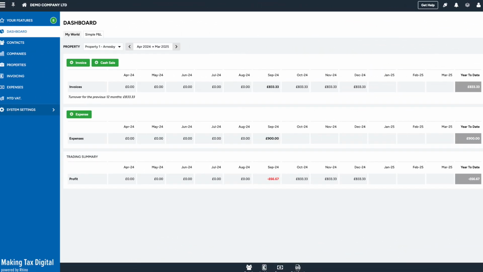The first thing we'll note is that when you start using Rhino for the first time, it just gives you a very simple P&L. This information really is driven off the sales and the expenses recorded in the system. However, limited companies or larger companies may have a more sophisticated accounting requirement, and this would require us to enable